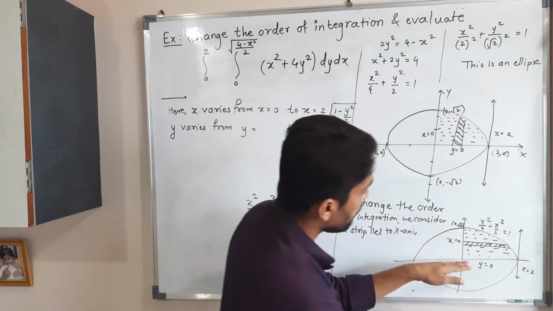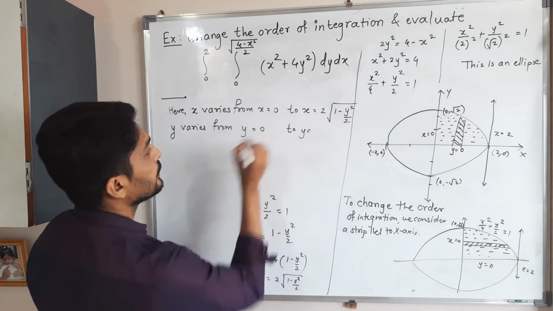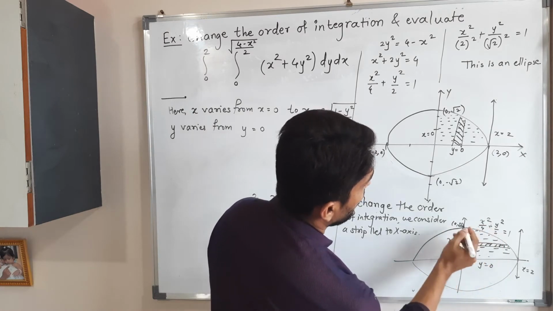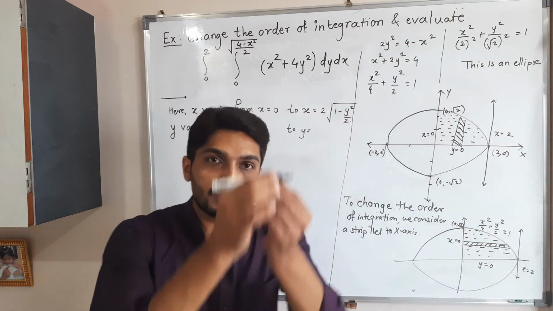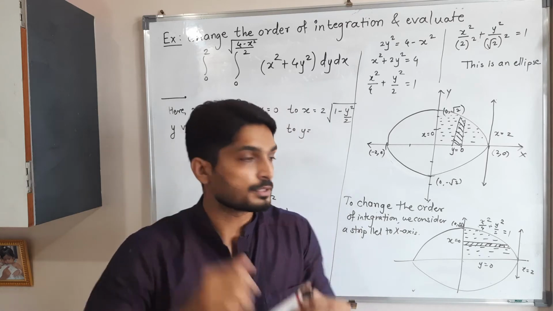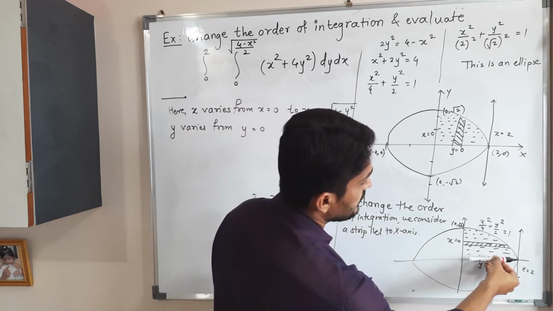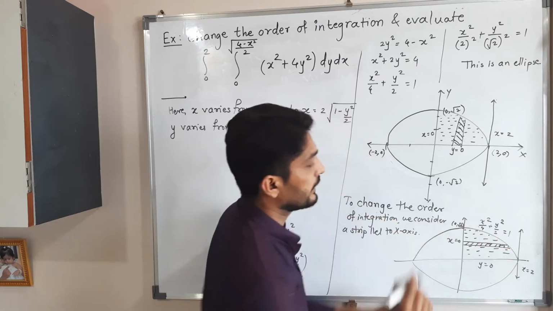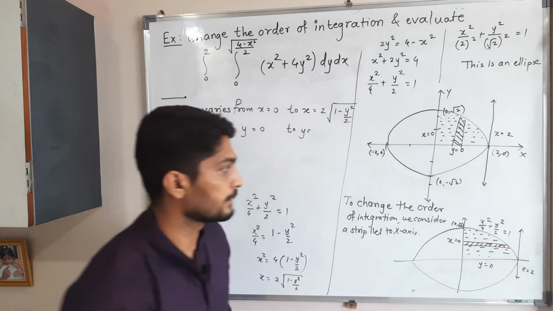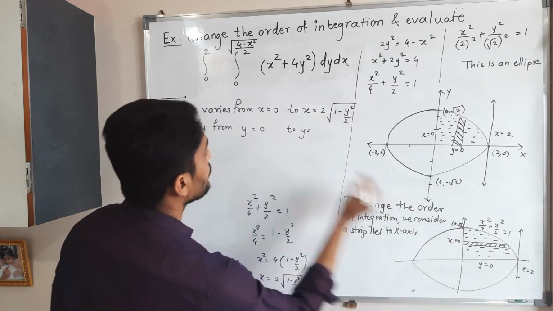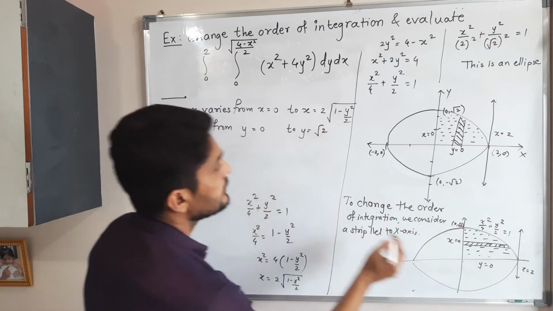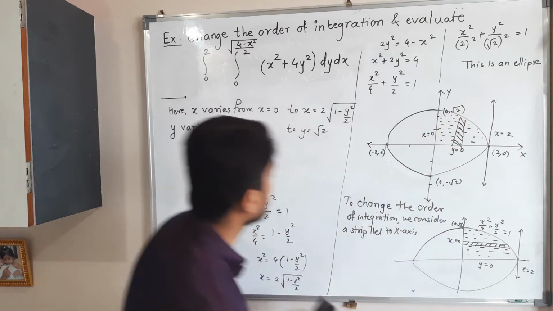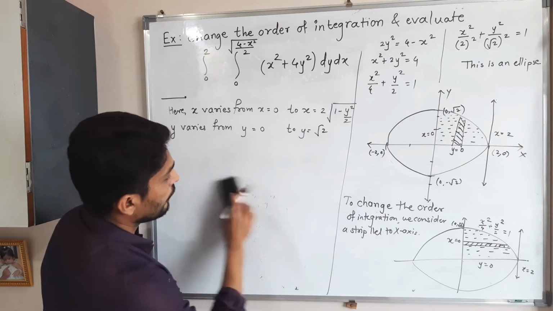So at the bottom, it is bounded by y is equal to 0, right? And if you move the strip like this, it will reach up to this point. So when we move in this way, we have to consider a point where it stops. It will start at y is equal to 0 and it will stop at this point. It cannot go beyond this ellipse, outside the ellipse. So here the value of y is root 2, since this point is 0 comma root 2, you can easily see. So in this way we have got new limits of integration.